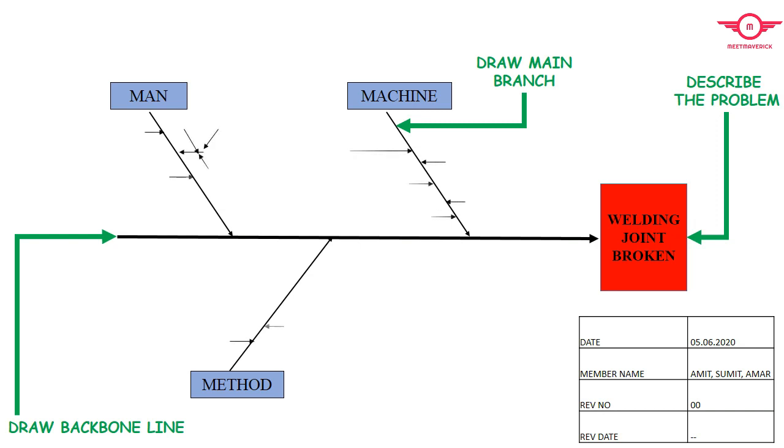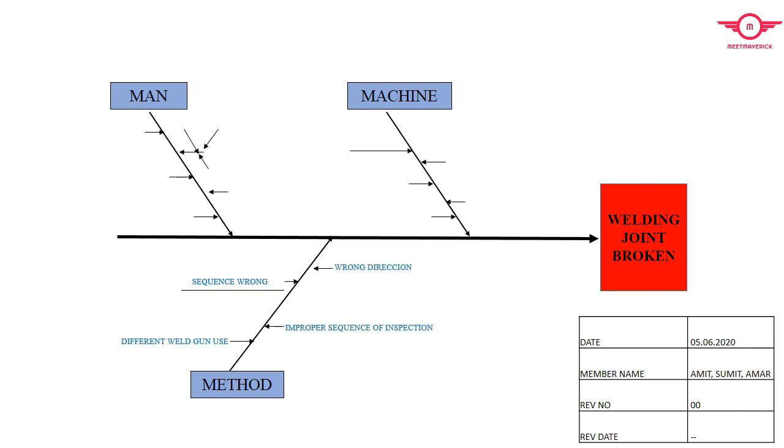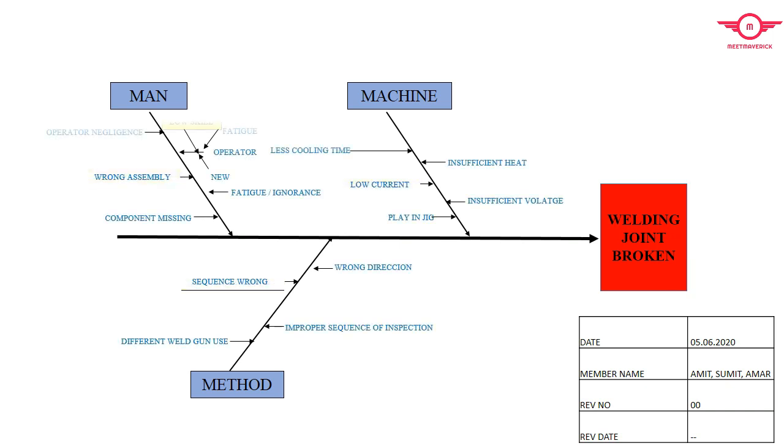Now we come to the most important part of the fishbone diagram, that is sub branches. Sub branches are a part of brainstorming. So now draw sub branches, which are also at 105 degrees to the main branch. Now write down the word or phrase for small or medium branches. While writing, keep thinking why, to increase the number of possibilities until the root cause is found.